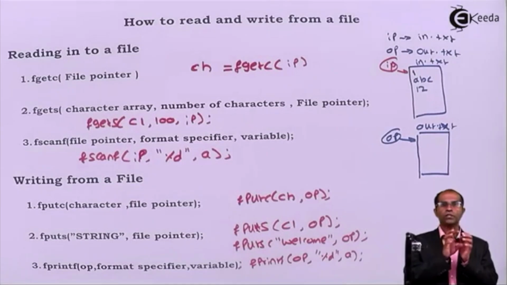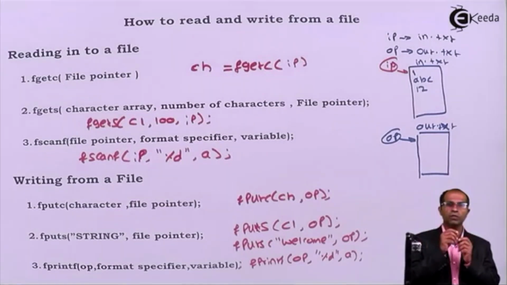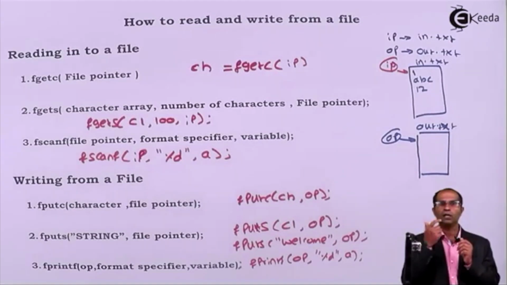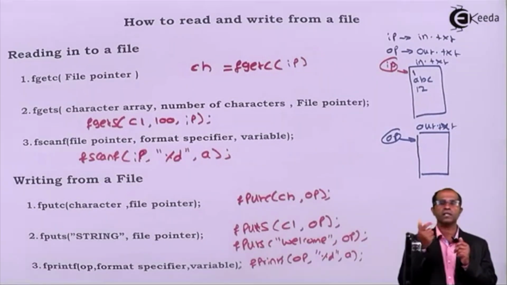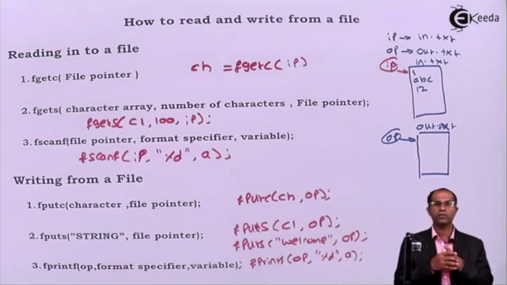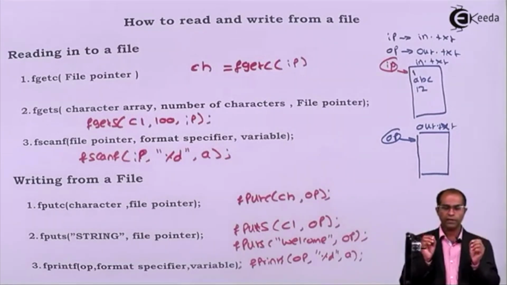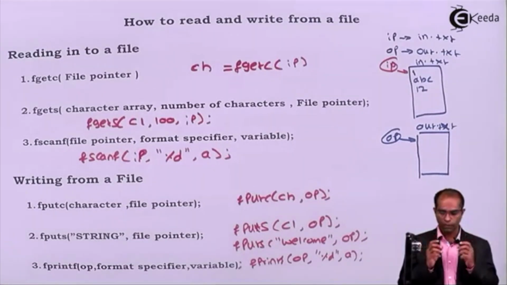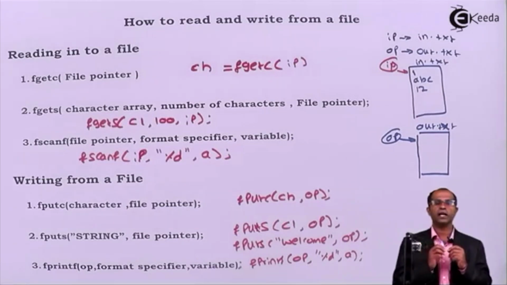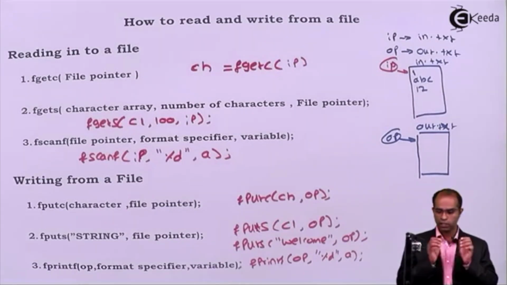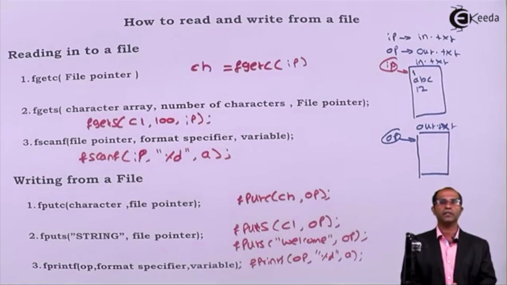So whenever you're doing operations on binary files, it is always advisable to move around the file, backward and forward, by one structure, by one content, by one size of number of bytes, all that using fseek and ftell. All those will be for binary files, but basically to read values, use fgetc, fgets, fscanf. To print values, use fputc, fputs and fprintf. That's it about the concepts of reading and writing the contents to a file.